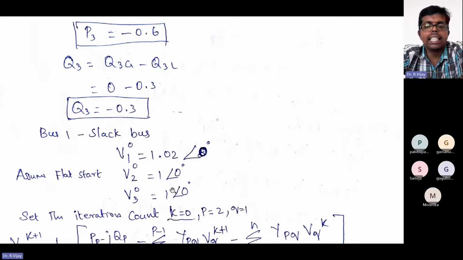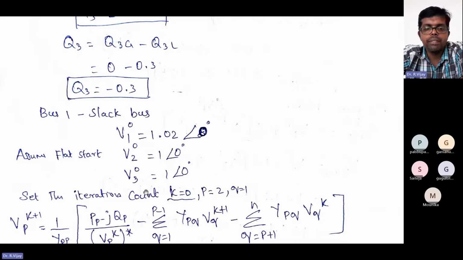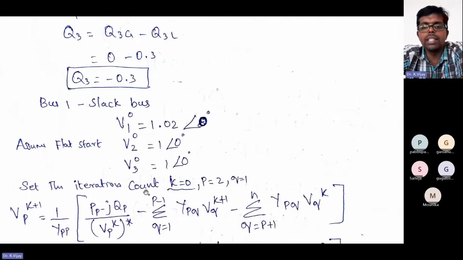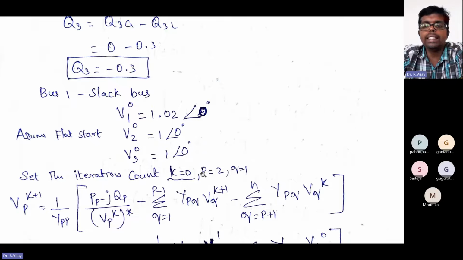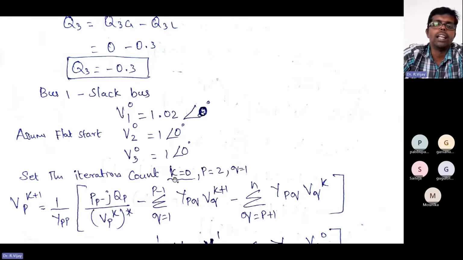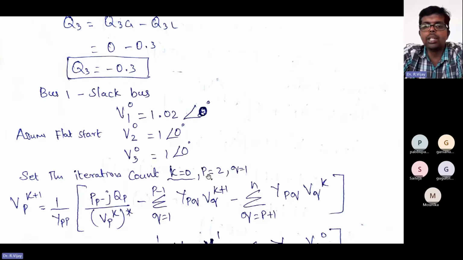Next, set the iteration count. First, we are starting the iteration count: K is equal to 0, P is equal to 2, and Q is equal to 1. What is this P? P is nothing but the bus number, and we are starting from 2. Why are we starting from 2? Because already the first